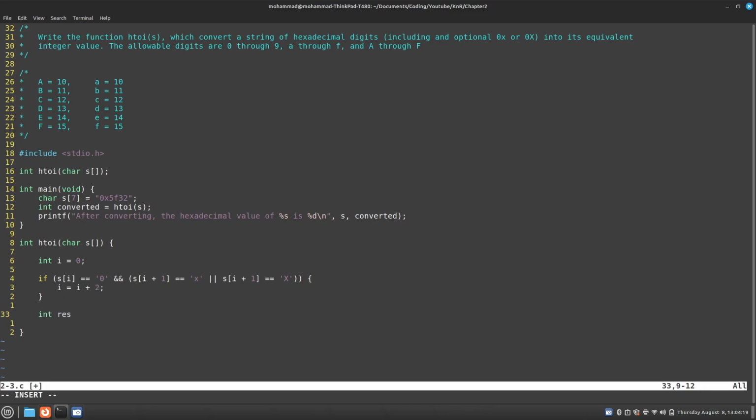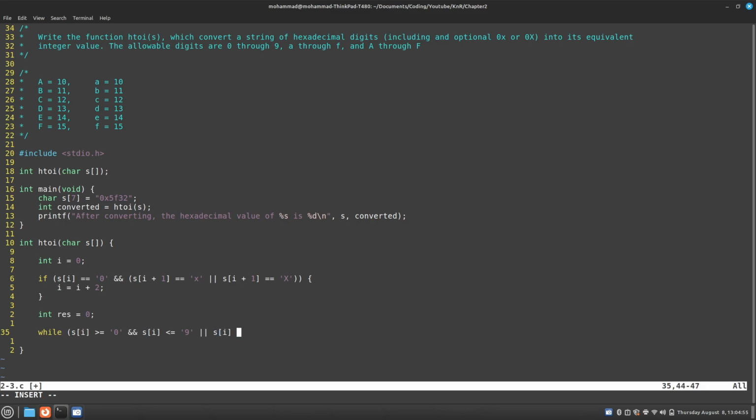Next, we're going to create an integer called res for result, and this is going to hold the result after converting into an integer. Now, we should only convert if we have a valid hexadecimal character. So, to check this, the hexadecimal character can either be a number, so it can be larger than or equal to the character 0, and it has to also be less than or equal to the character 9, so it's between those valid characters,